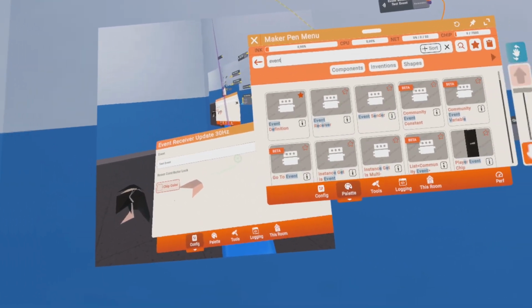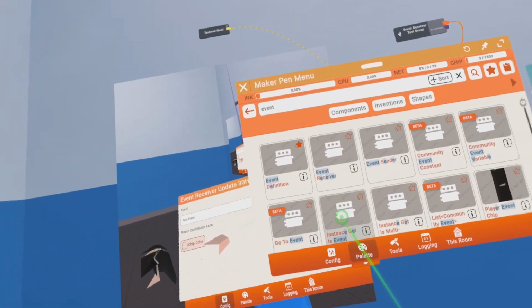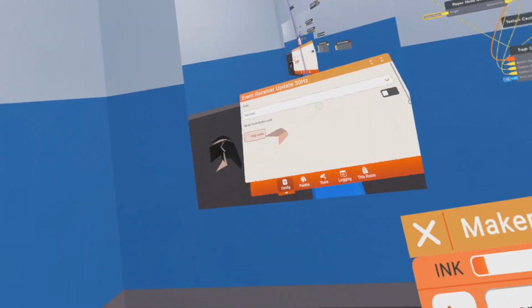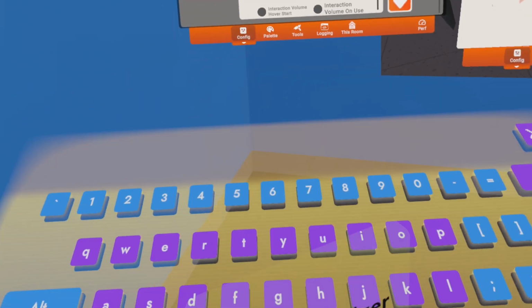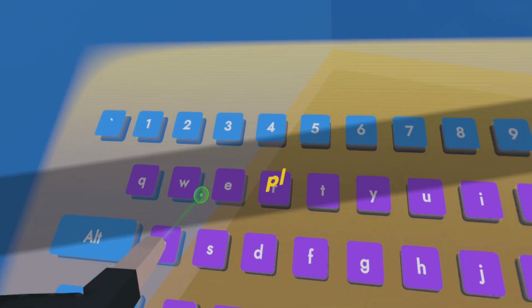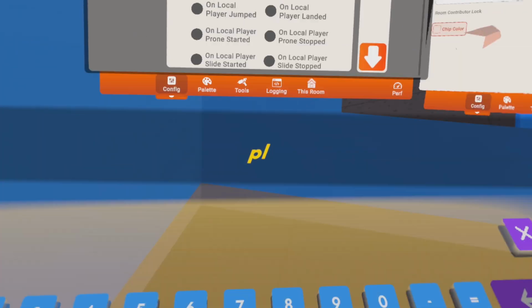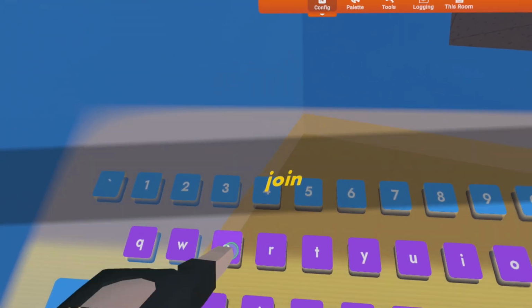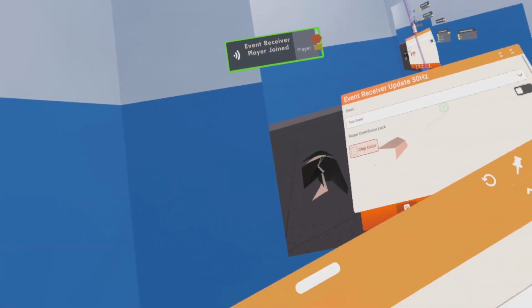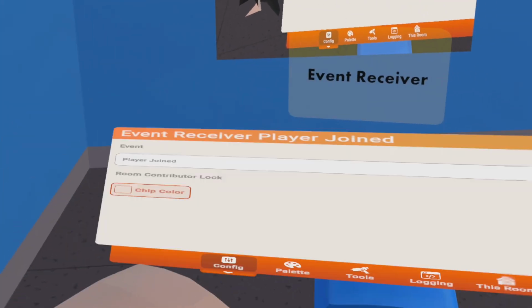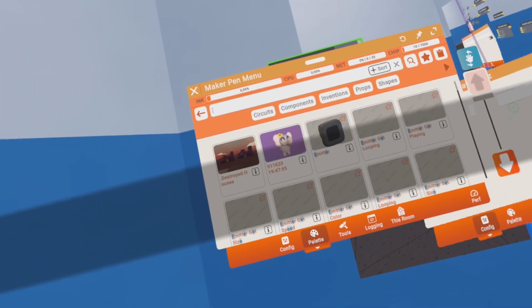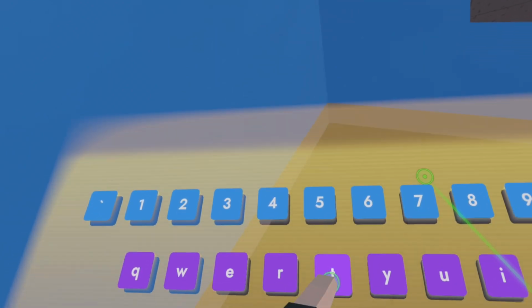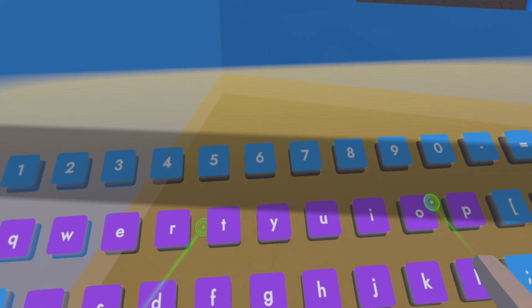Yep, we will create a new event and connect this afterwards. And this event would be a player joined event. What this is doing is every time a player joins the room, it will send out an event from there. It will trigger the event, and that's why we will have to